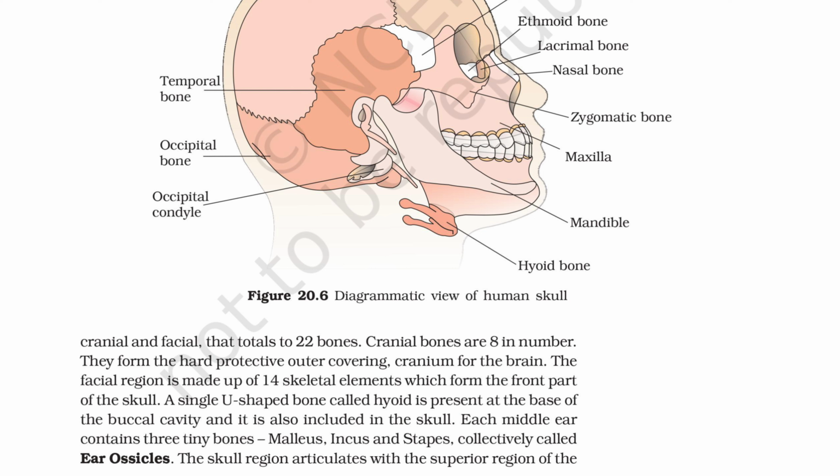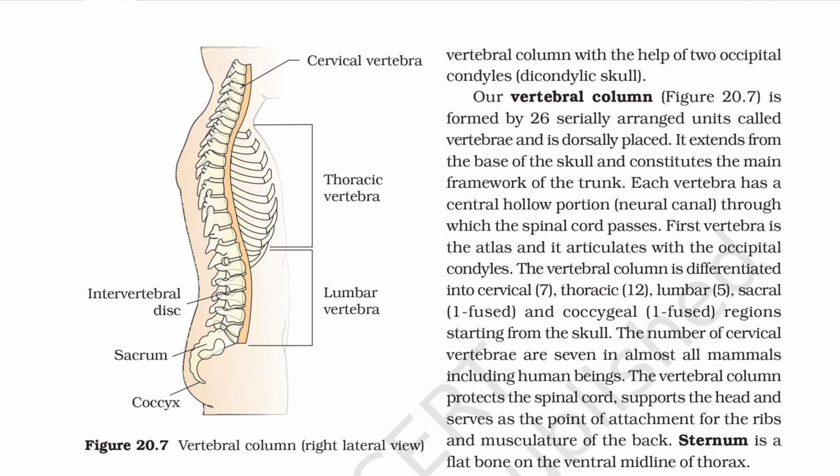The facial region is made up of 14 skeletal elements which form the front part of the skull. A single U-shaped bone called hyoid is present at the base of the buccal cavity, and it is also included in the skull. Each middle ear contains 3 tiny bones, malleus, incus and stapes, collectively called ear ossicles. The skull region articulates with the superior region of the vertebral column with the help of 2 occipital condyles, dicondylic